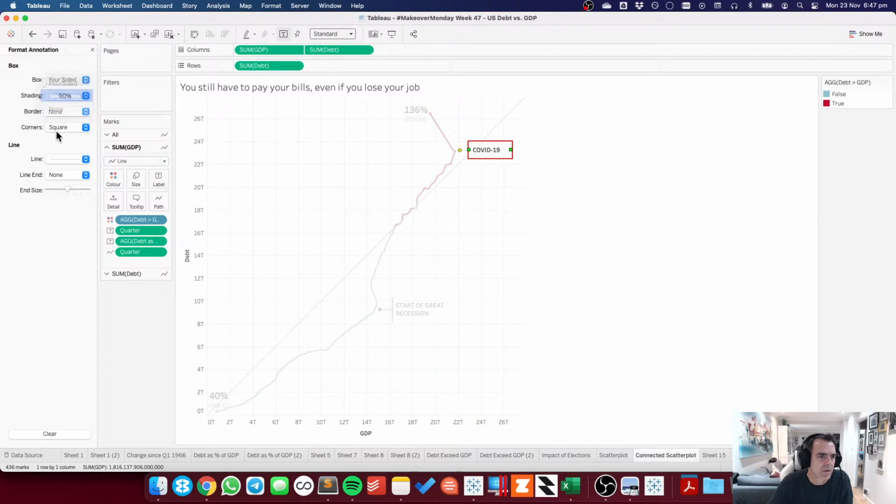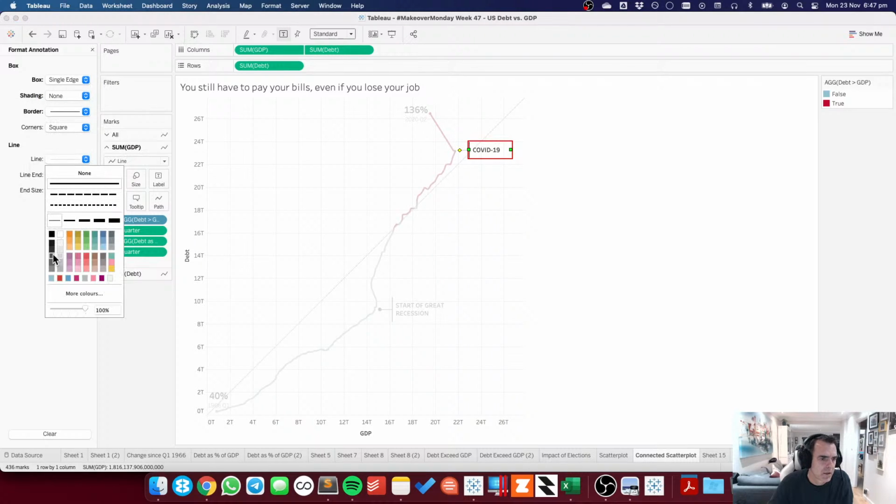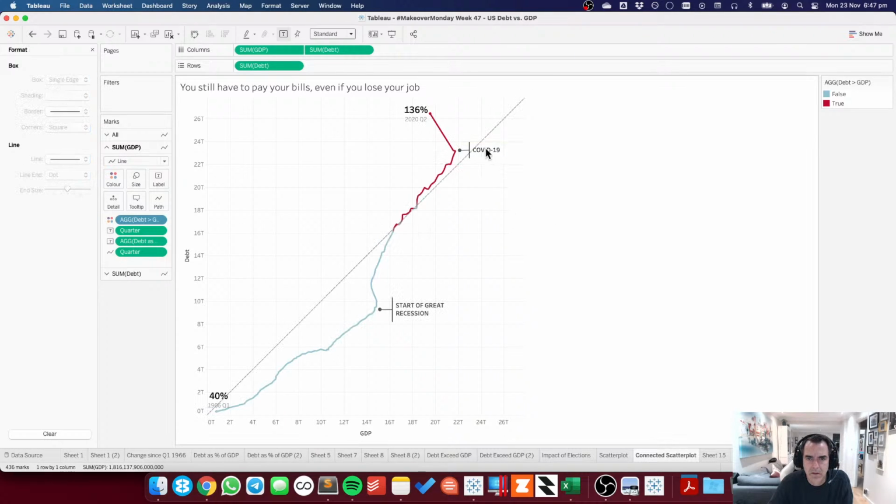Okay, so single edge. We made that no shading. I think I made it black. And then that with a ball on the end. You see how it's ever so slightly out of alignment? That really drives me crazy. Okay, there we go. All right.